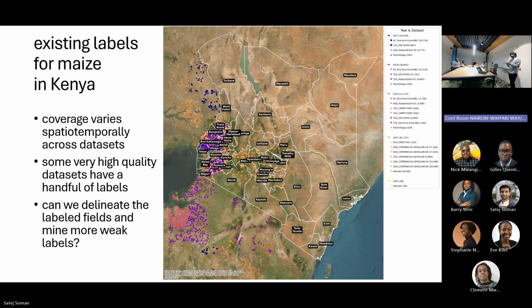And why that temporal aspect matters is that since about 2020, Kenya, like East Africa in general, has been in a dry period, except for last year, where La Nina caused a huge amount of rainfall. So qualitatively, the growing conditions in 2017 were very different than what they are in 2024 or 2025.